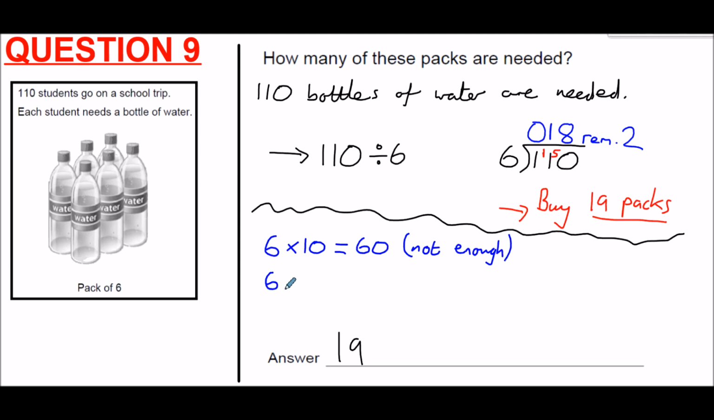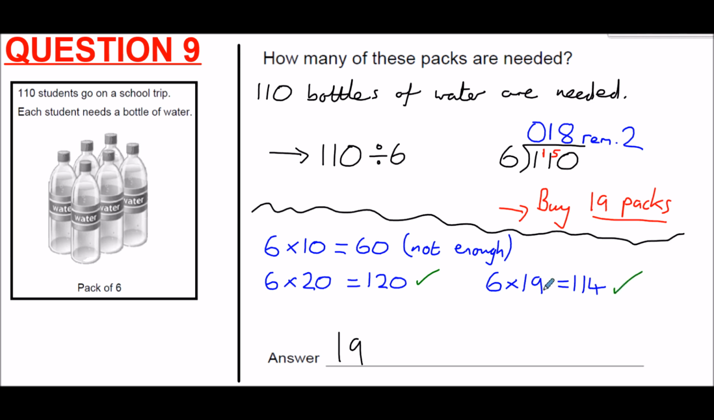Maybe try next 6 times 20. Would 20 packs be enough? 6 times 20 is 120. That is enough. But could you get away with buying any less? Well, 120 is pretty close to 110. Let's try 1 less. How about 6 times 19? Now 6 times 19 is just 1 6 less than 6 times 20. So we could just knock 6 off 120. 6 times 19 would give you 114 bottles,